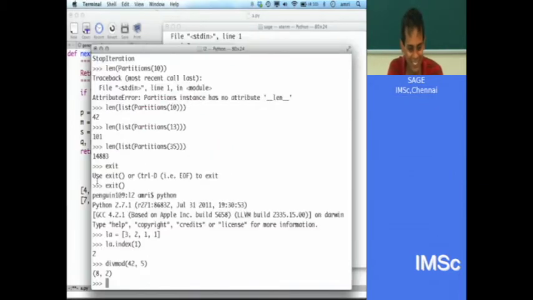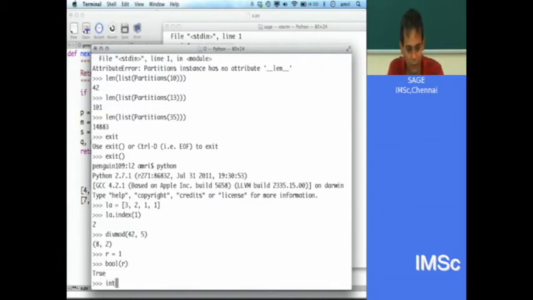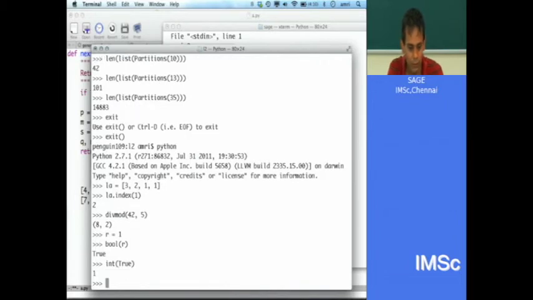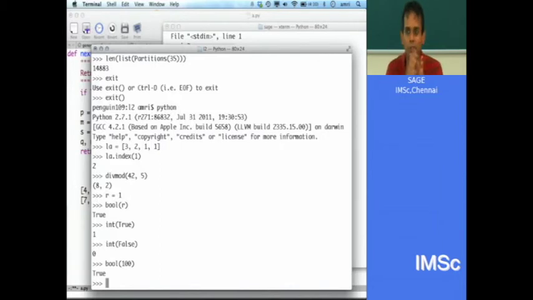So here's the deal. If r is equal to 1, then bool r is true and int of true is 1, but int of false is 0, and bool of 100 is also true. So long as you are non-zero, your bool is true.